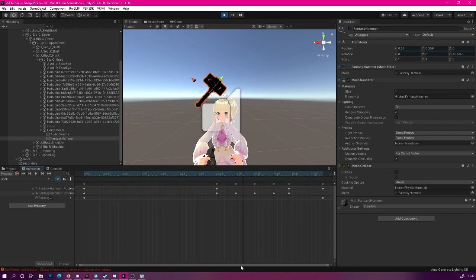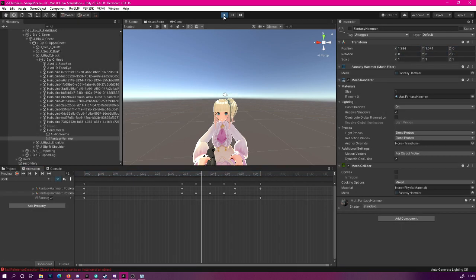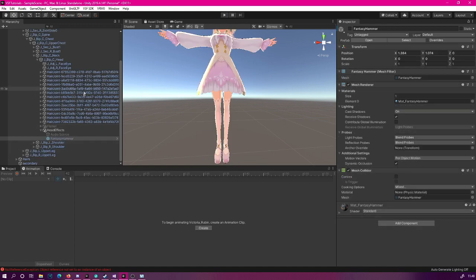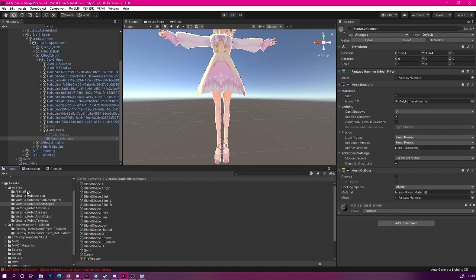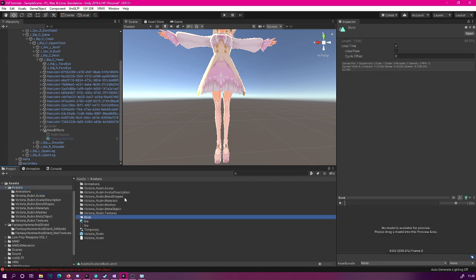There we go. Now this animation may be a bit too quick, as we saw in VSeeFace. So what we can do is we can select also all these values and scale them up if we want. But we can also do that after leaving the play mode. So let's leave the play mode for now. And now what we can do is we can go select the animation clip. So let's go here where we saved the animation. And let's first click the loop time off. Now it will only play once.